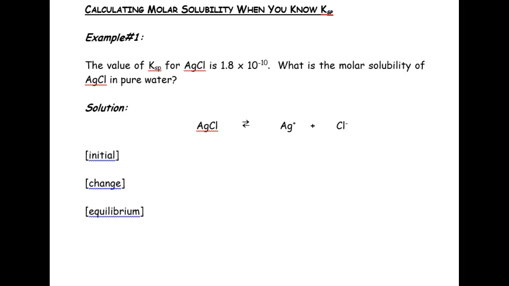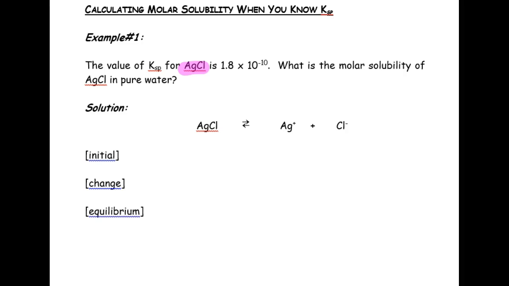All right, so here is the flip side of what we just saw, where we actually know the Ksp value, and we're asked to find the molar solubility. So that is, how much of our solid is actually dissolved in solution. Since they tell us our solid is AgCl, we're going to write out its dissociation, and it has to be a balanced chemical equation. And I'm going to fill in my ice chart